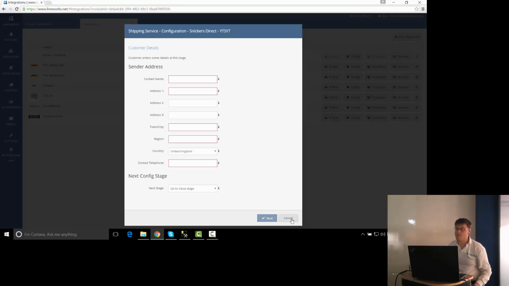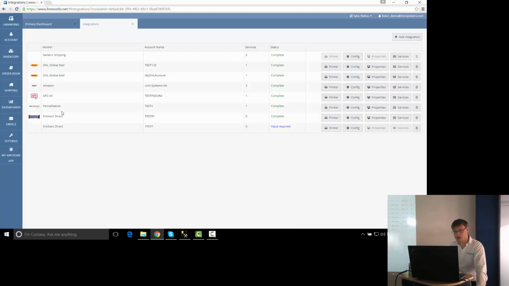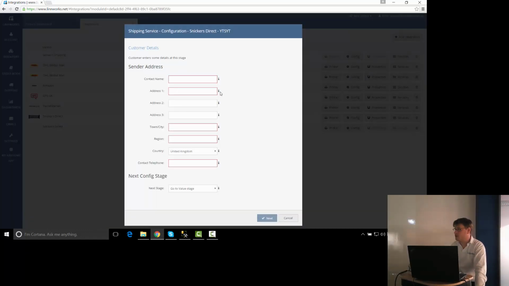Okay, and imagine I abandoned the integration wizard at any given step. So for example, at this step, I just say cancel. The integration still gets added, but the status of this integration is input required. So it means that I haven't actually completed all the steps yet. So I can then come back to it at any point in time. Complete this step, I can then cancel it, abandon it, or for example, my